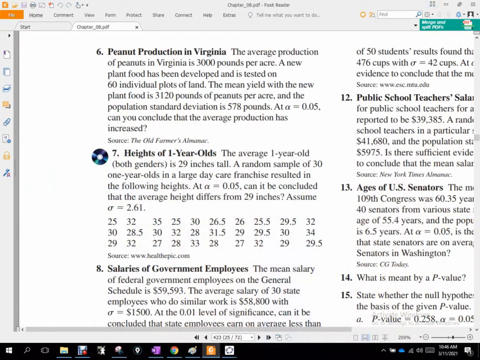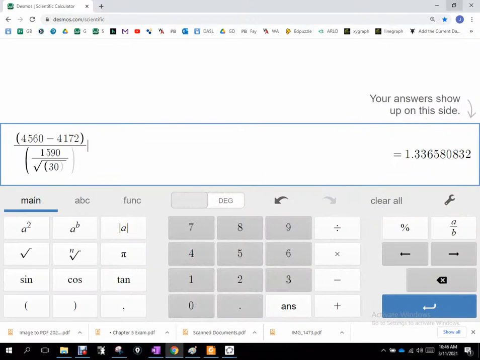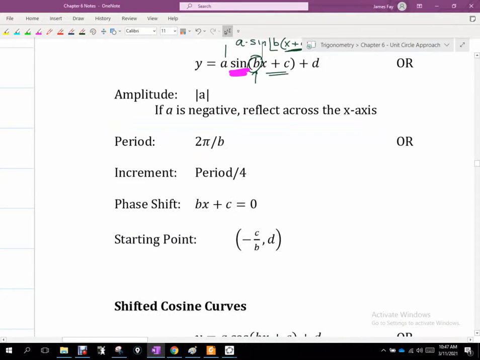Horizontal compressions exist or are developed because the period changes. Okay? So we'll use that one. That will define the period for all sine and cosine transformations. This is just the shortest distance if we want to label our x-axis. Whatever your period was, divided by 4, and that's how you can chunk your x-axis